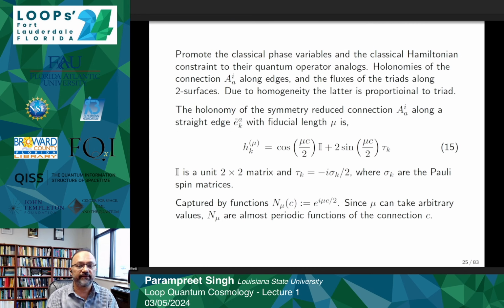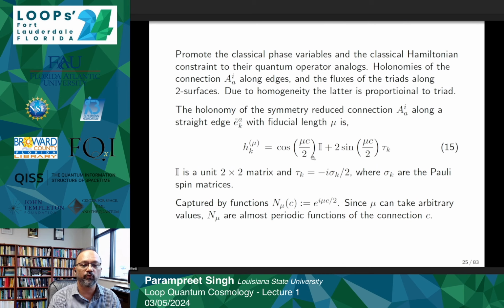Now we promote these classical phase space variables and the classical Hamiltonian constraint to the quantum operator analogs, and we actually construct the holonomies of the connection along edges and the fluxes of the triads along the two surfaces. And due to the homogeneity, the fluxes are just proportional to the triad. The holonomies of the symmetry-reduced connection look something like this, with the fiducial length mu,